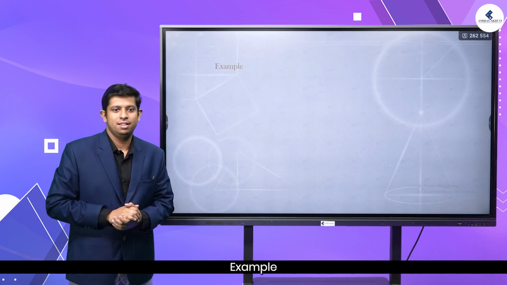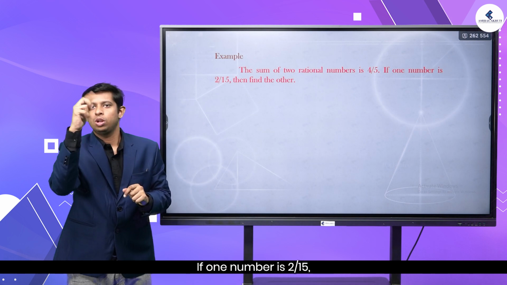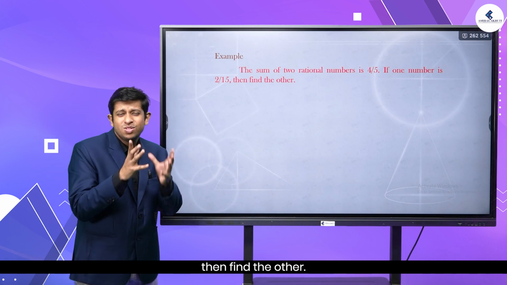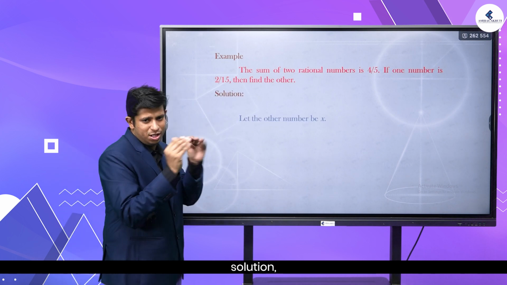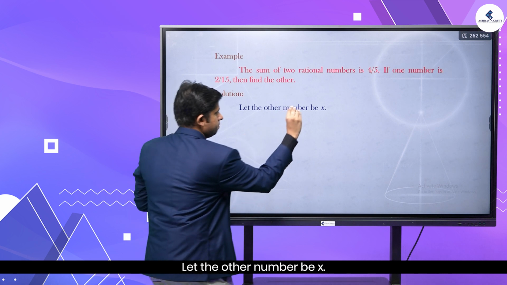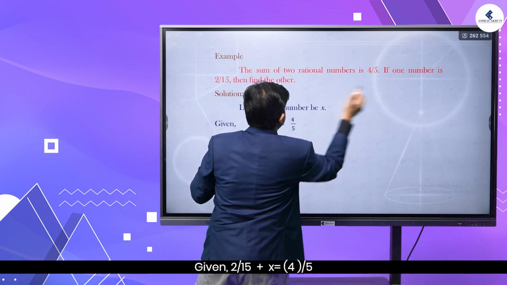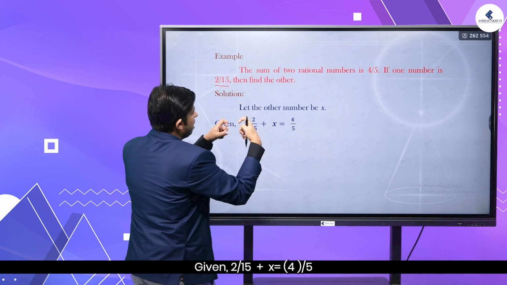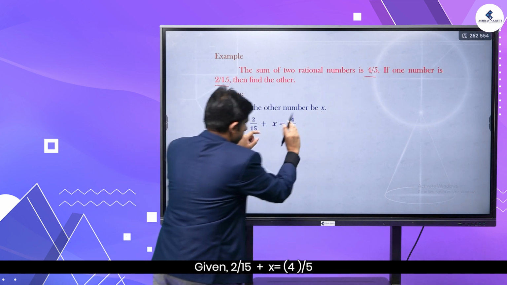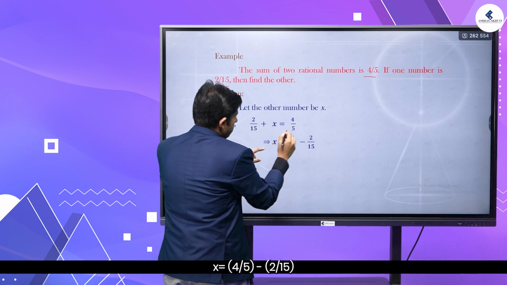Example: the sum of two rational numbers is 4 by 5. If one number is 2 by 15, then find the other. Solution. Let the other number here be x. Given 2 by 15 plus x is equal to 4 by 5. x is equal to, transposing 2 by 15 to the right hand side,